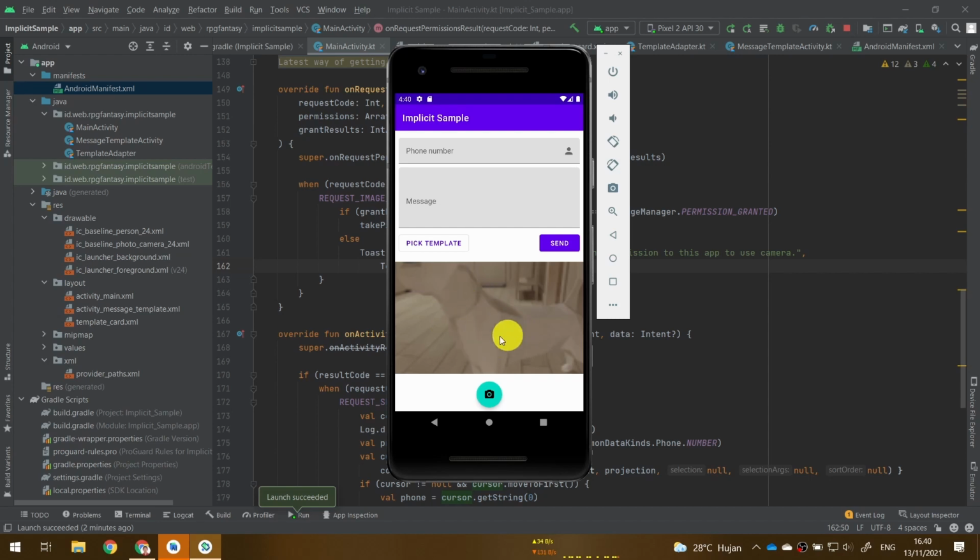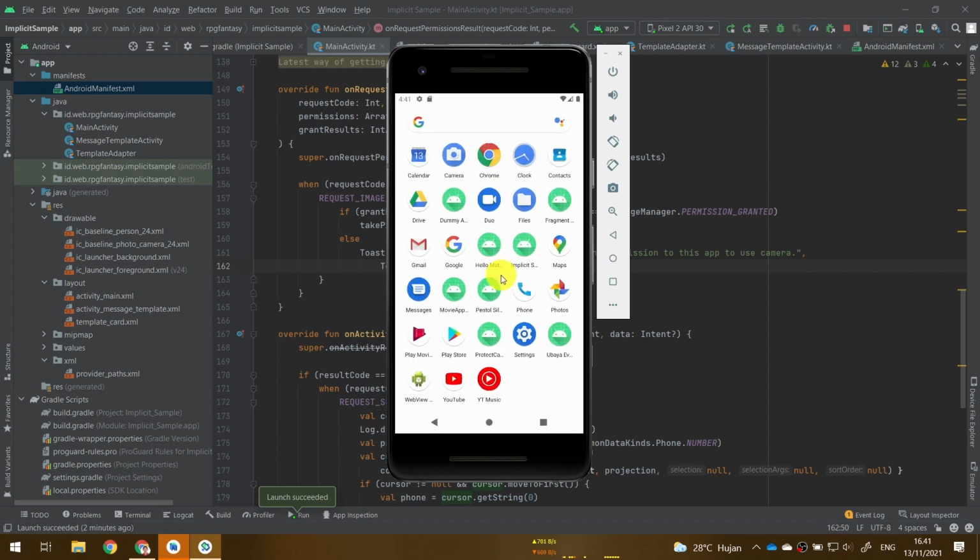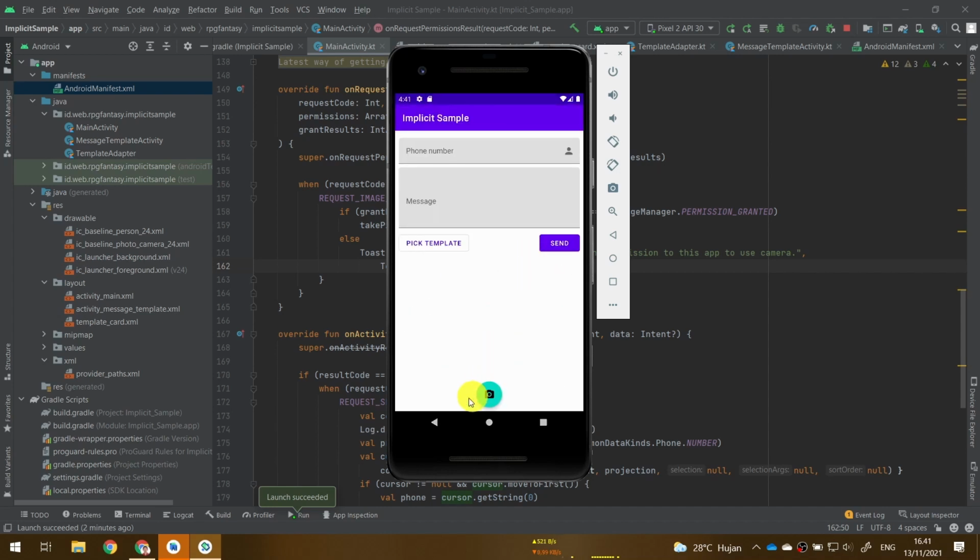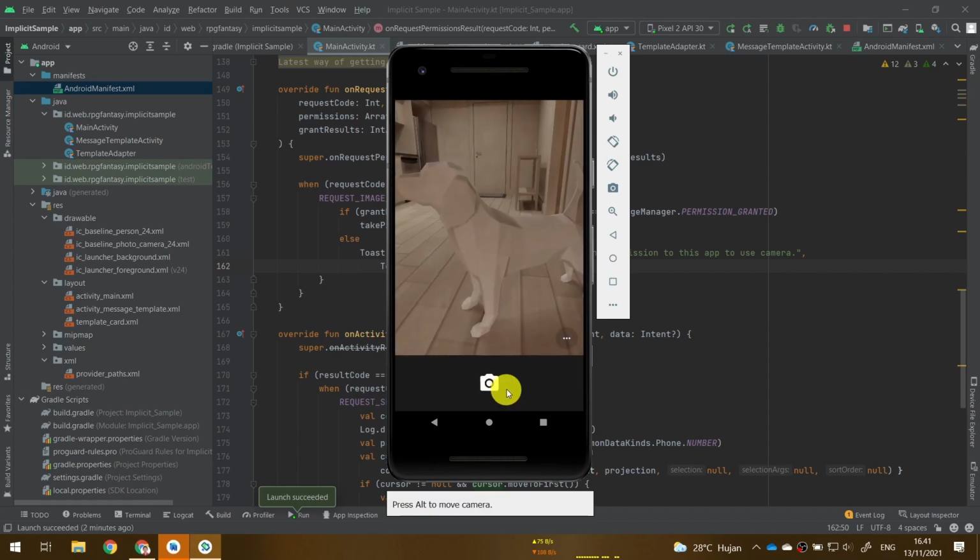Although this is only a preview of it. Yeah, so if you notice that the image here is quite blurry, it's because it's only the preview, not the actual image itself. Yeah, and then I will try to close my app. Because I have previously granted the permission, the next time I click the FAB photo, then the camera will automatically be called.